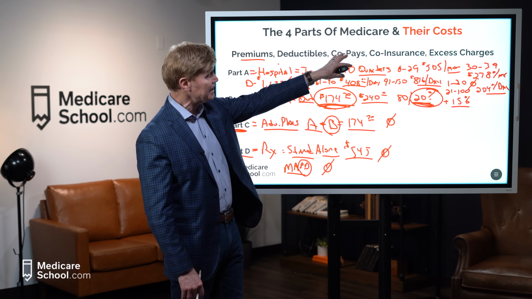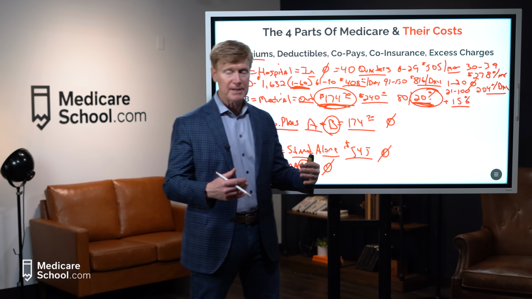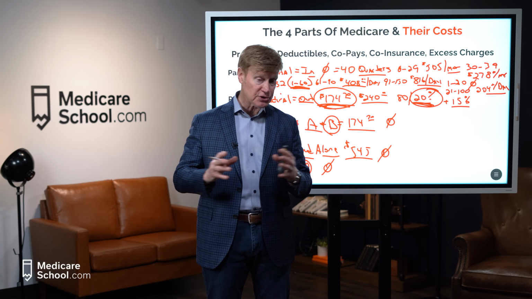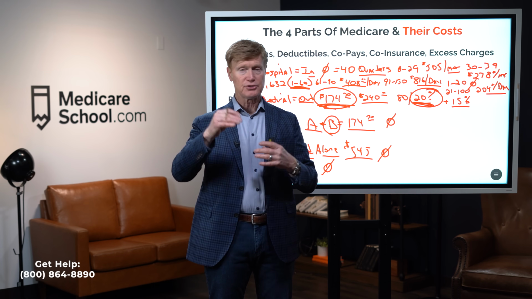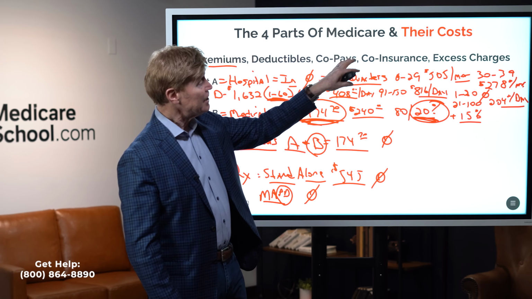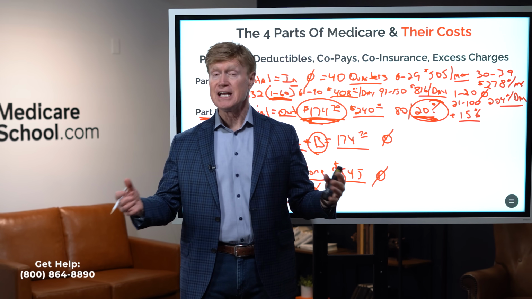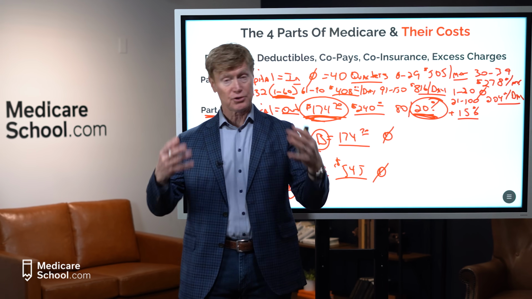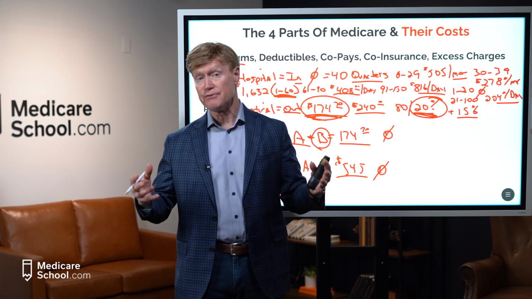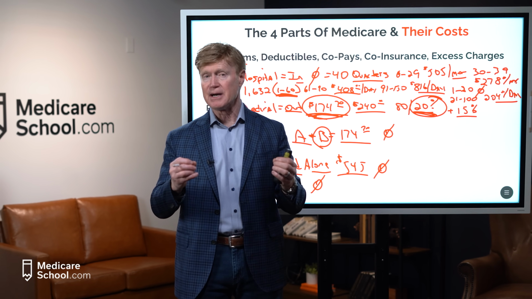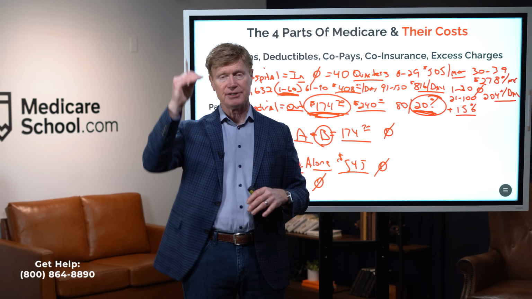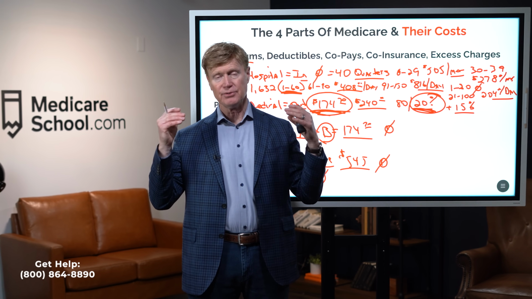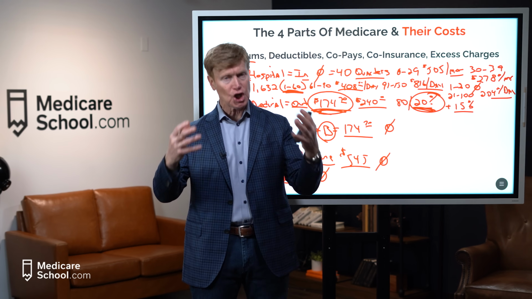Now, when it comes to Part D plans, here's where you get into your expenses. Almost all medications are going to have a copay, sometimes very reasonable. Now, a lot of the Tier 1 preferred generics have a zero copay, but other meds Tier 2 and up are going to have some type of a copay. You do get into coinsurance when it comes to Part D plans. This would be specialty medication. Sometimes we see even a Tier 3 or Tier 4 have a coinsurance of 50%. And so you have to be really careful about that. Some of these low dollar plans, once you get into expensive meds, you're responsible for a coinsurance. And then when you get into what's called specialty drugs, again, you could have some coinsurance that's involved.